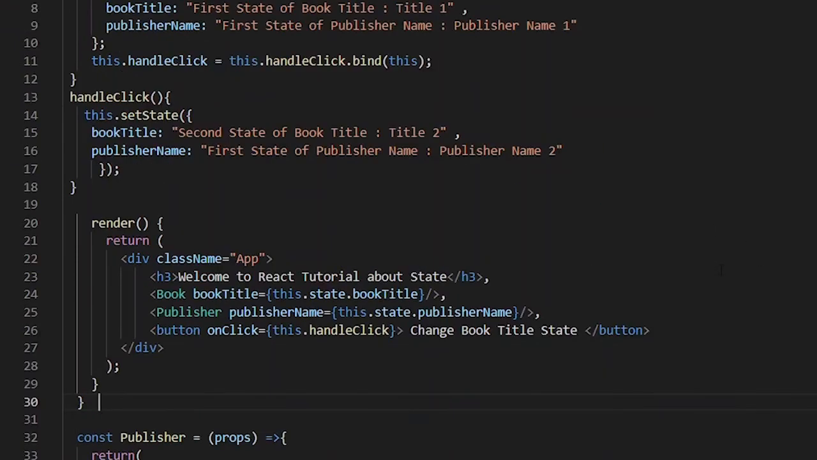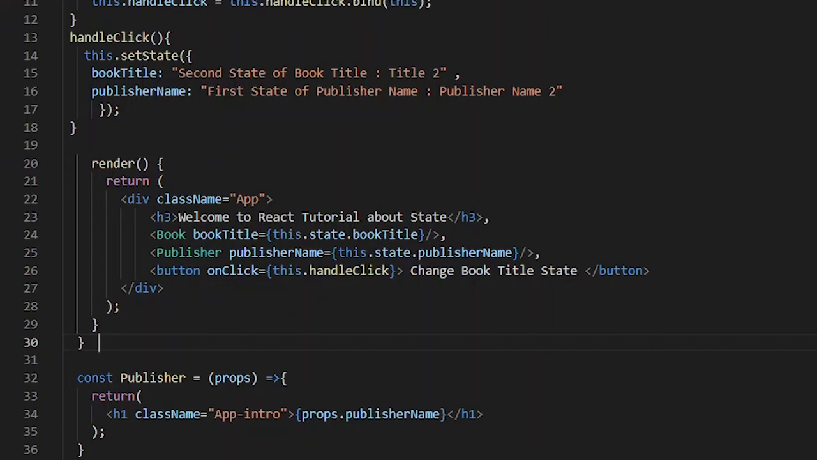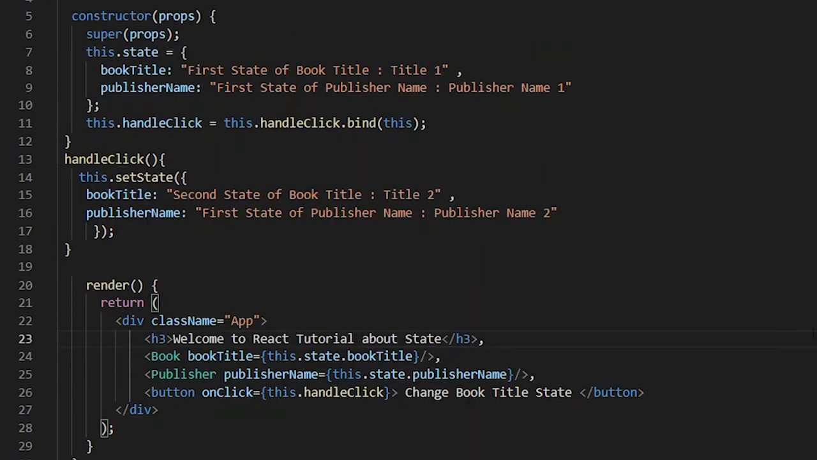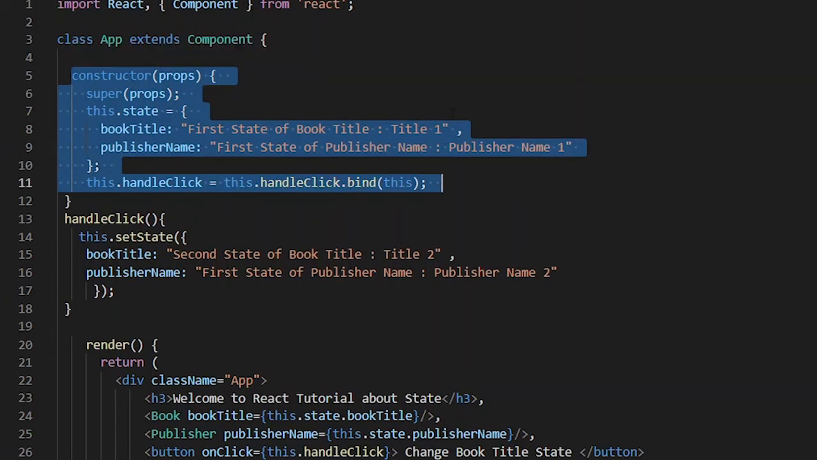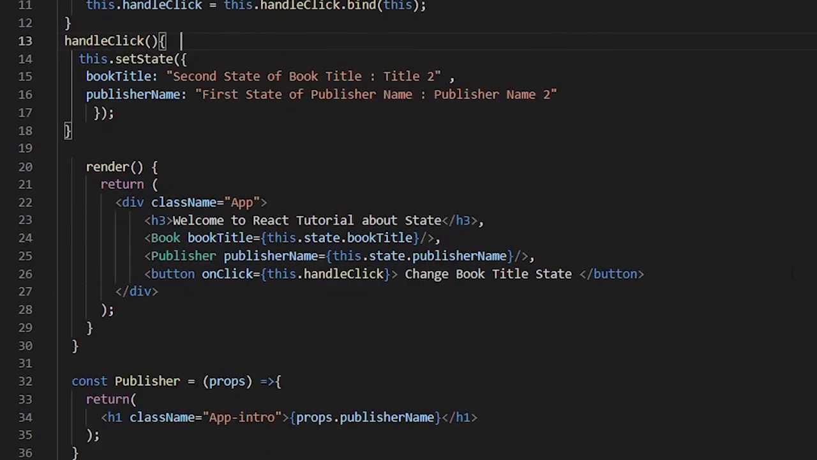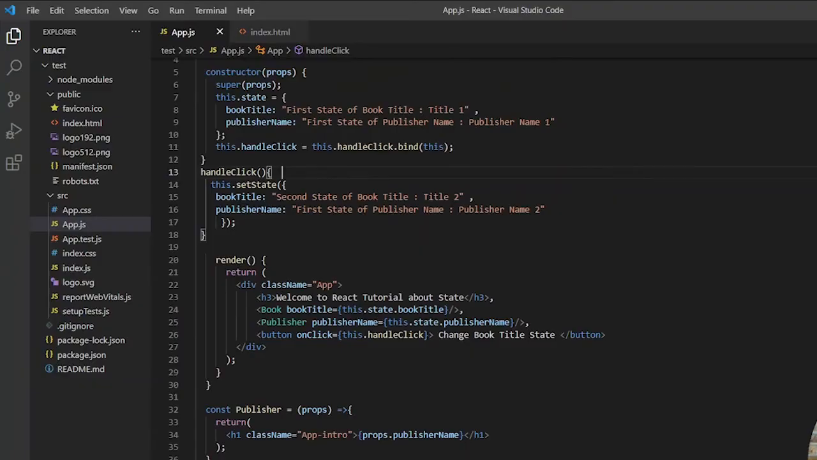Now here in our class named App, in this div we call them. For book title we use this syntax, bookTitle equals this.state.bookTitle. It means that first of all it shows the first state of our book title, and also for publisher, the first state of our publisher name that we have defined by this constructor. And then by clicking that button,